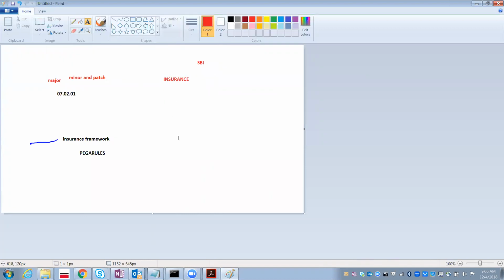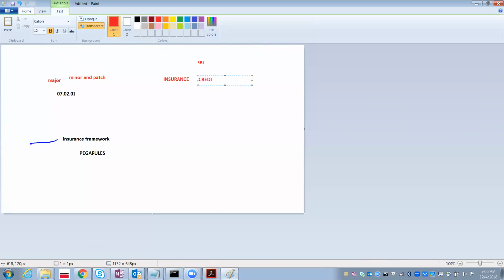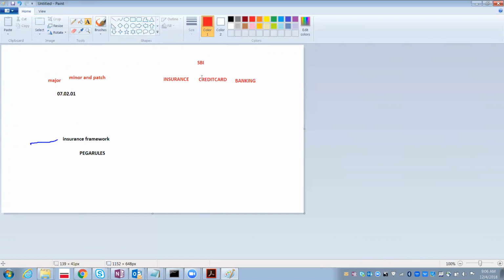Along with insurance, what else can you have in the SBI? Banking, exactly, credit card, and then banking. So for each and every department, we are going to have one division. Under the SBI, we have various divisions.